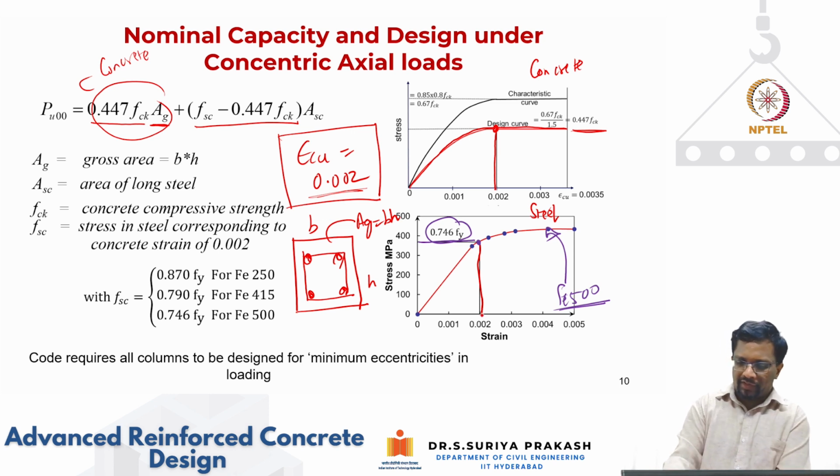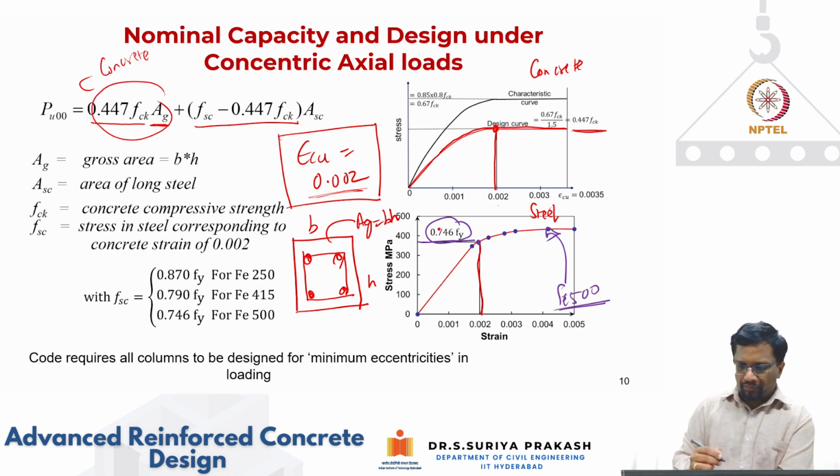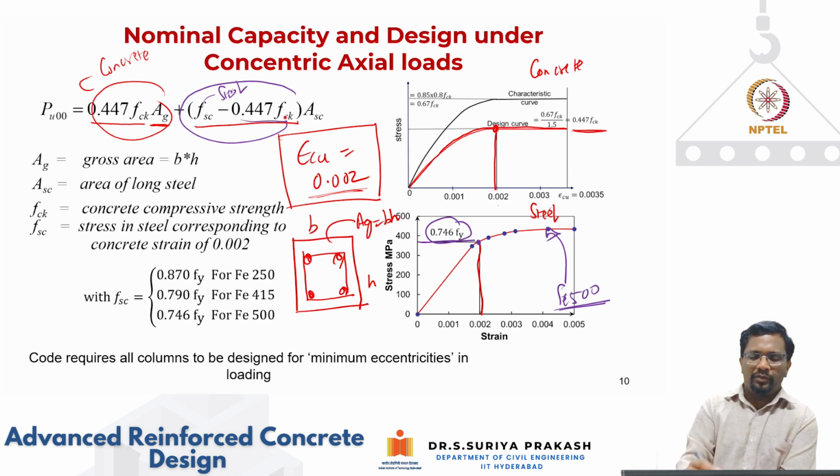So for Fe500, for a strain equal to 0.002, as per the IS code design stress strain curve, I'm getting 0.746 fy, right? If I write this in a generic sense for any grade of steel, this is nothing but the stress in the steel, fsc, minus 0.447 fck. Why are we doing this? Because I have to subtract the area of the steel from the concrete contribution. Now, what is the stress that concrete is contributing? 0.447 fck. So when I subtract fsc minus 0.447 fck, it automatically takes care of the additional area